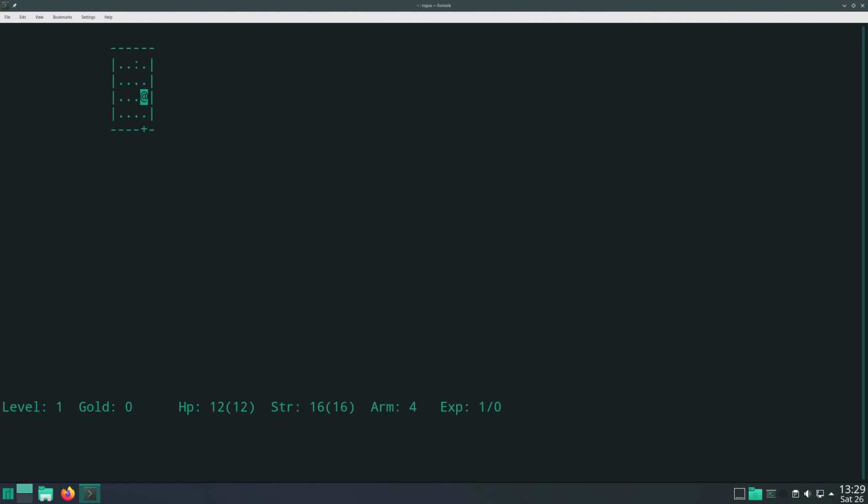The roguelike set of games, which is a genre, I suppose, a game type, people will now call it. This is the original, the one that made it all happen.